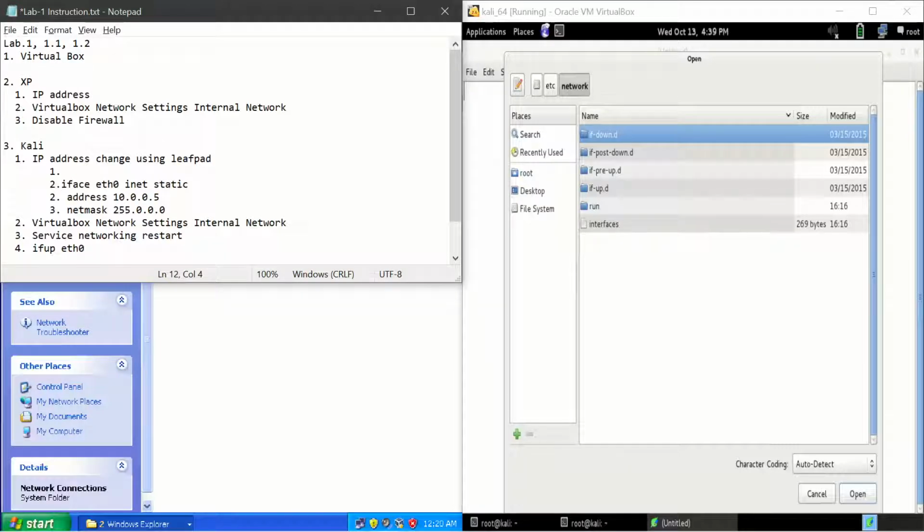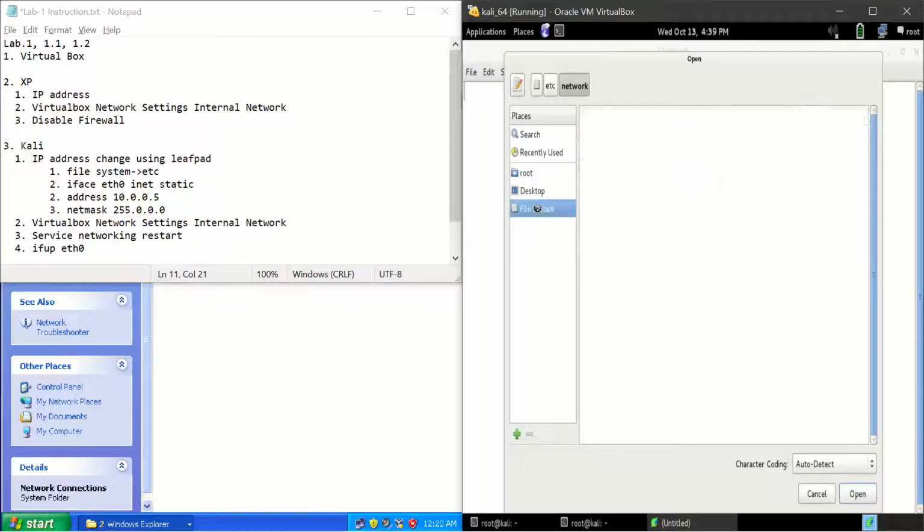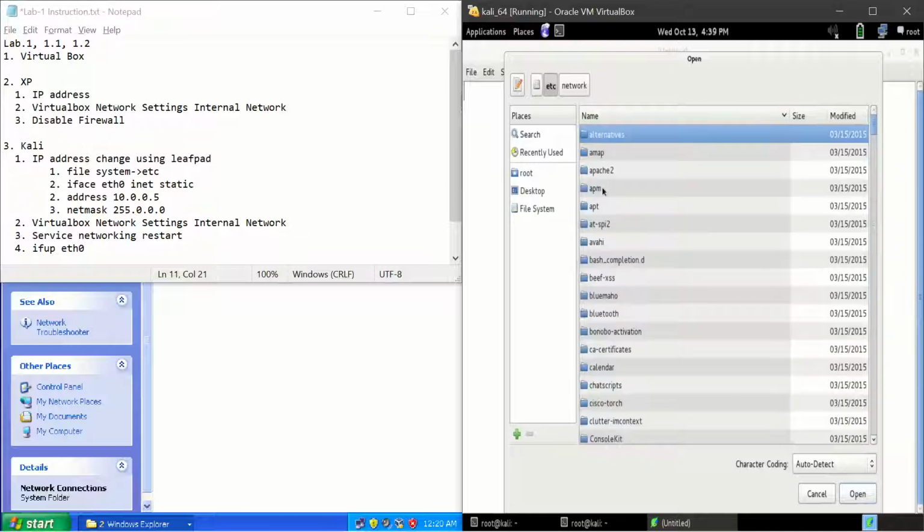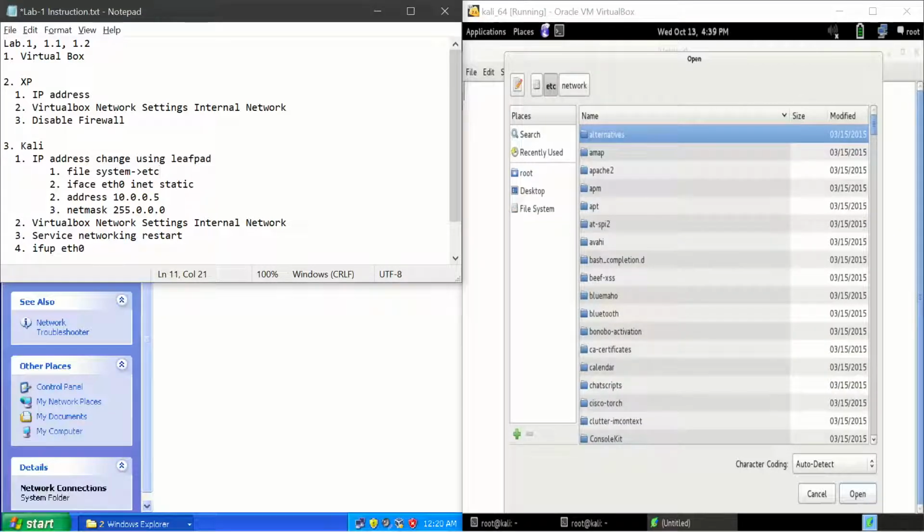Again I go to file system, etc, and then move on to network.